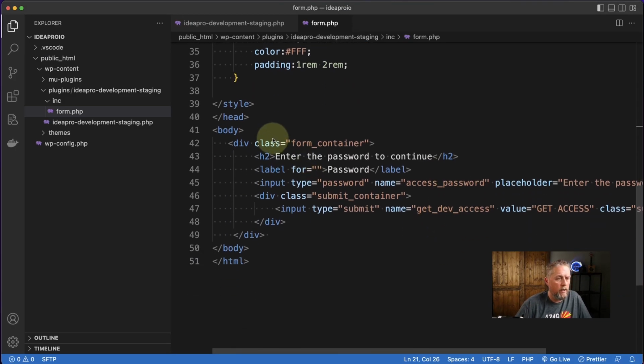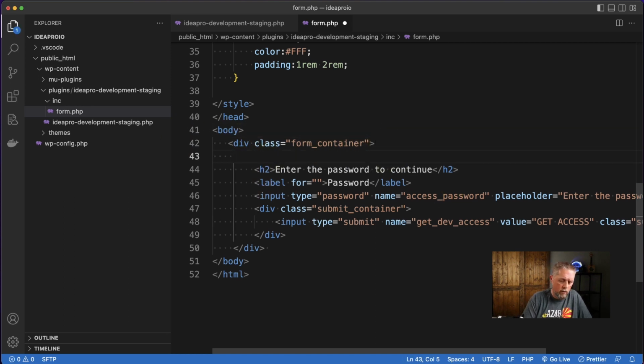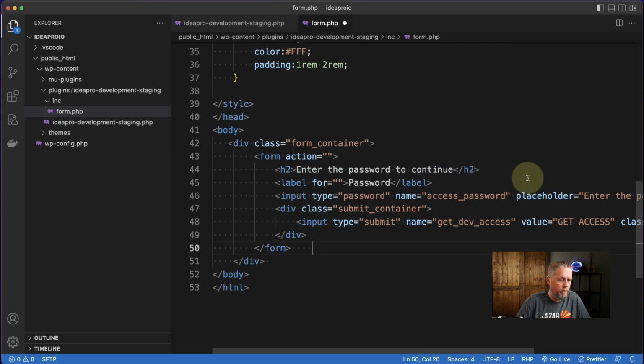All right, so now we need to open a form tag. So that form tag can go above the div or it can go inside of the div. Let's do it inside of the div. All right, so form action. We're going to take this form tag and go down here so that form closes out there. There we go. And so the action is going to be,